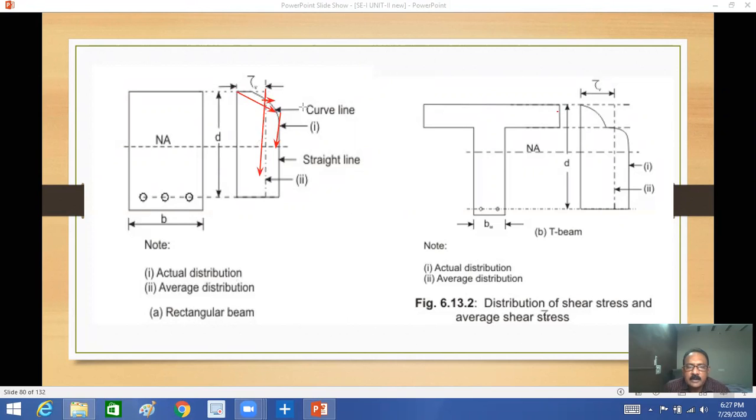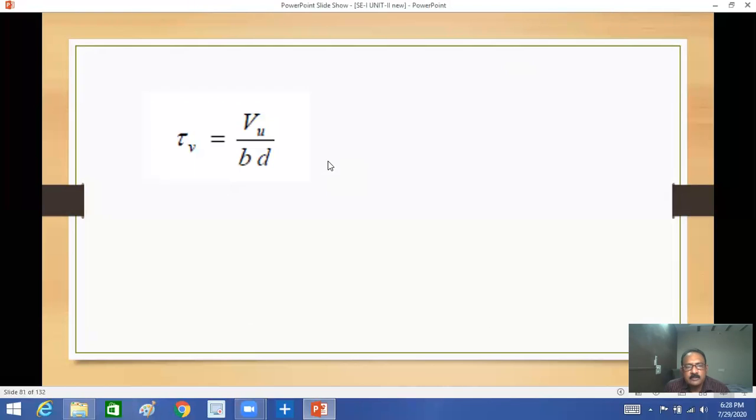And the rectangular beam is like this. The L section has a shear distribution like this. You see the difference between the rectangular and L beam. In the L beam, up to here is one parabolic portion, and the second one is just like rectangular up to here, then straight up to the bottom. We have to calculate the average shear here. So in this way, we have to calculate shear stress for a rectangular beam and average shear stress for T beams or flanged beams.